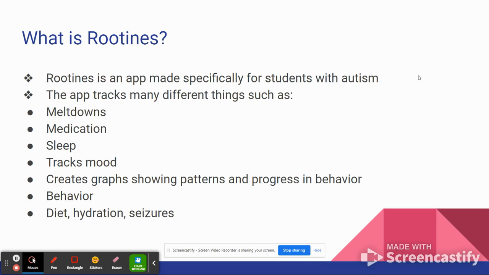For this app to be used to its potential, it is important that the parent is also involved in this process, as things like sleep and medication, you really need the parents to track and monitor. I would say this app would more likely be used by special education teachers instead of gen ed teachers. However, gen ed teachers can also use it, because if a student in special ed is also in gen ed classes, it would be very beneficial for the teacher to track these things. As we get into it, I'm going to show you exactly how these are tracked.